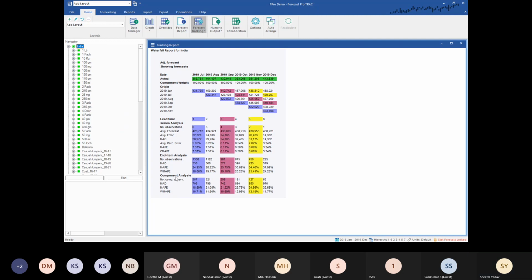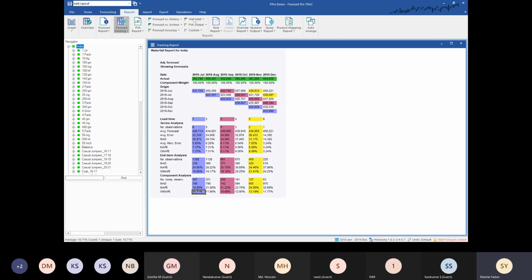And then the component analysis, and the way WMAP over here would represent the error or the MAPE, which is calculated using the SKU level details. So that's what we have over here. You can actually flip the hierarchy and then look at these values quite effectively.